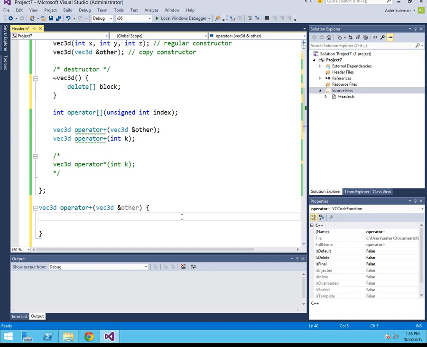So in this case, what we want to do is return a new vector which basically contains the contents of the element-wise addition of this and other. So it's going to be something like, I'm just going to create a vector called temp. temp.x is equal to this->x plus other.x. temp.y is equal to this->y plus other.y, and then temp